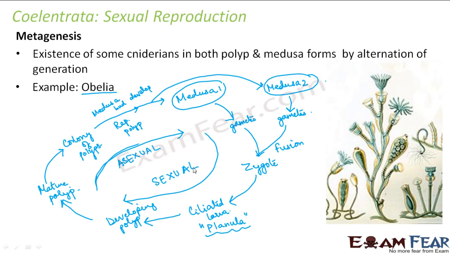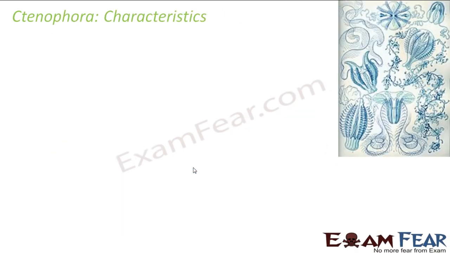That is, a polyp gives rise to medusa by asexual method, and medusa again gives rise to polyp by sexual mode. So this is the life cycle of a Coelenterata, which exhibit both the polyp and medusa forms in their lifetime. Otherwise, in sexual reproduction, sexes are separate. The development is indirect, that is, a larval stage is involved. So the zygote will not directly form the mature individual. It will form an intermediate larva known as planula, and that planula will further grow to form the polyp. So this was about the reproduction of coelenterates.